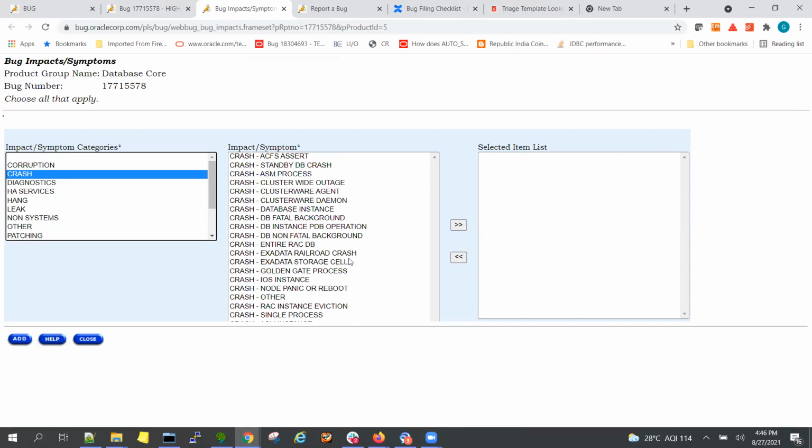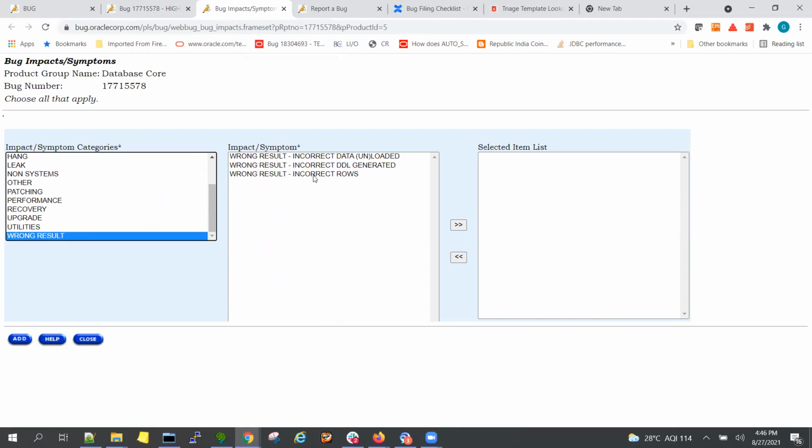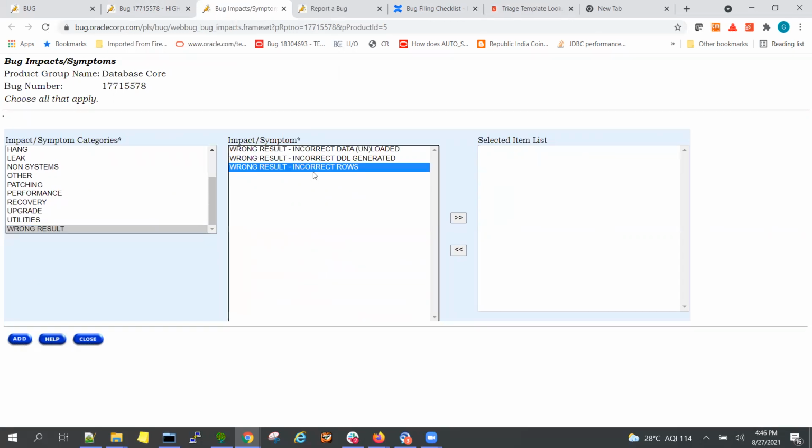Crash comes for ORA-600 or 7445 also. And upgrade or recovery or wrong results. Wrong results is incorrect rows. For example, if the customer is getting a wrong result, it is an incorrect row or incorrect DDL or whatever it is.